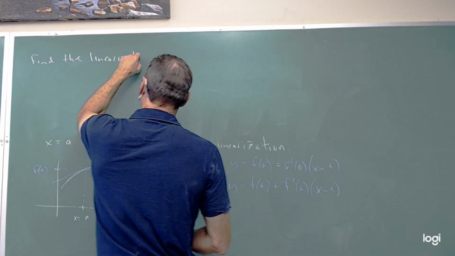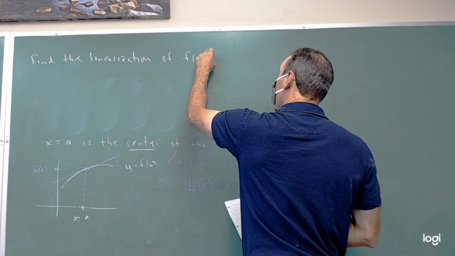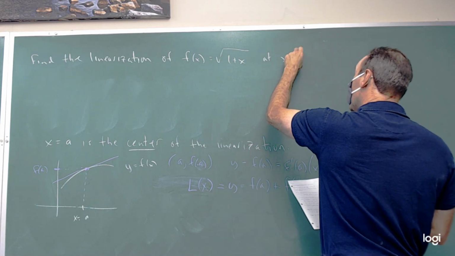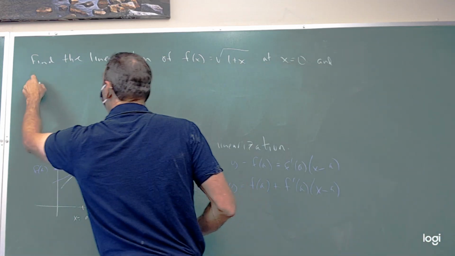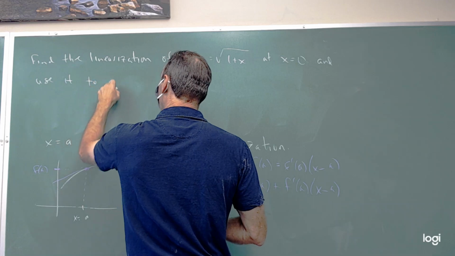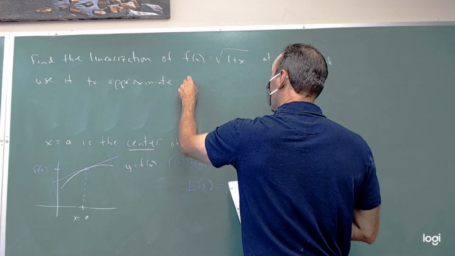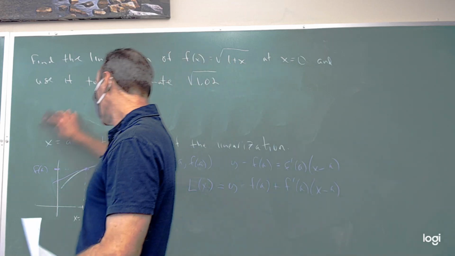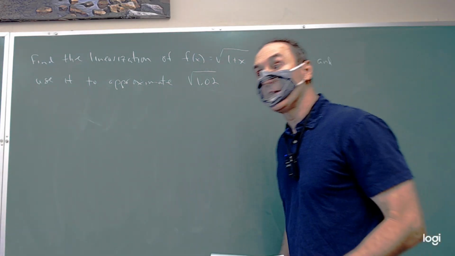Remember, that's just code for the tangent line of f of x equals the square root of 1 plus x at x equals 0, and use it, meaning the linearization, to approximate the square root of 1.02. So if you'd like to know what the square root of 1.02 is, imagine we don't have a calculator,